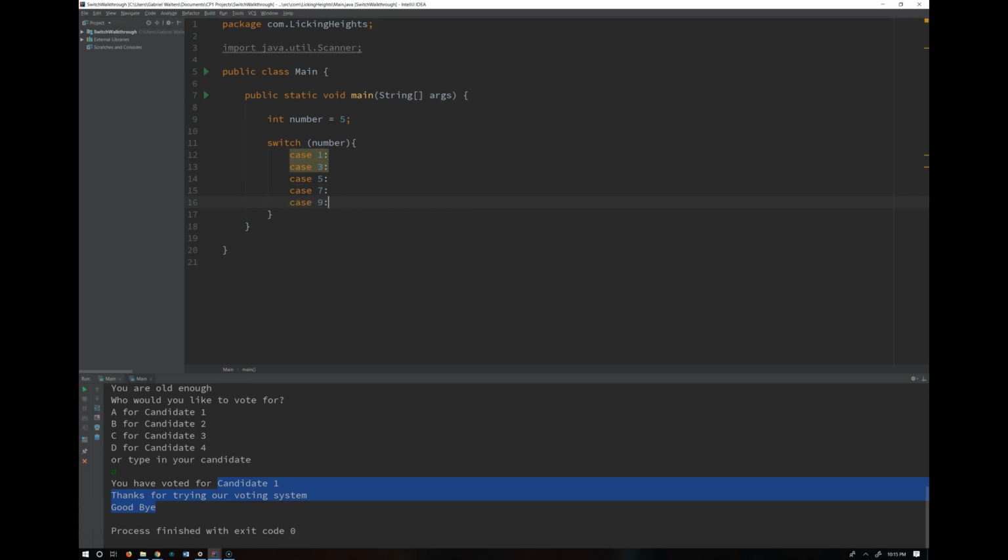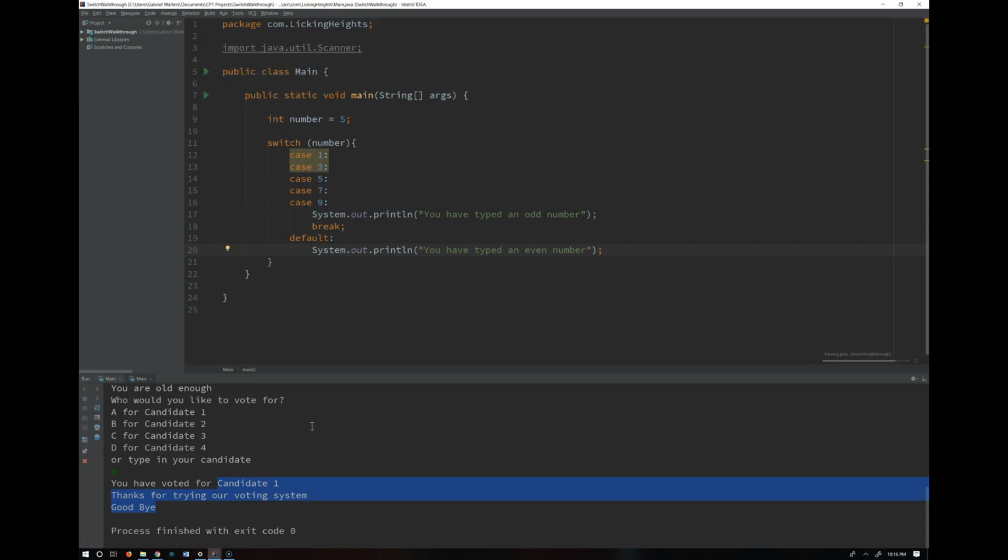Case 9. So let's say I'm making a bunch of statements: system.out.println, you have typed an odd number. Okay, and then I want it not to continue, so I'm going to say break if it's one of those is true. If they didn't type one of those, then I could do the default and say that that was an even number: system.out.println, you have typed an even number. Okay, so if I ran this,